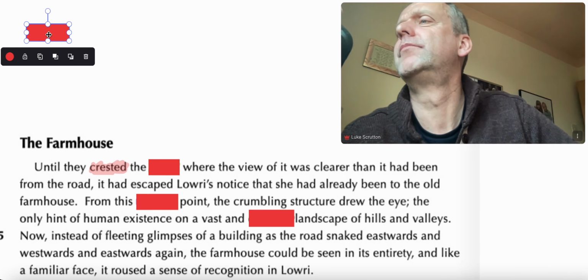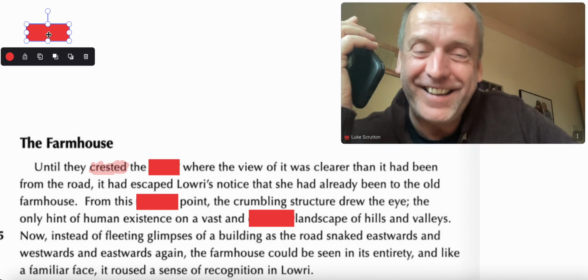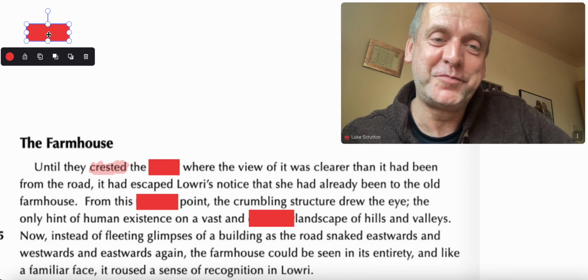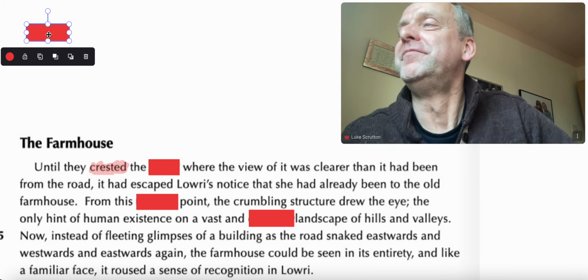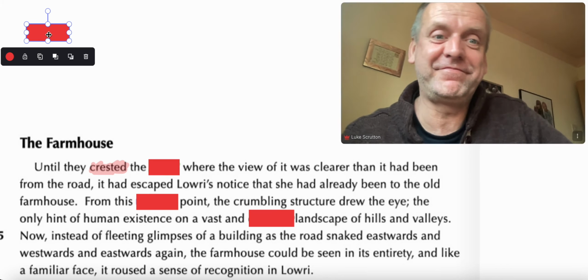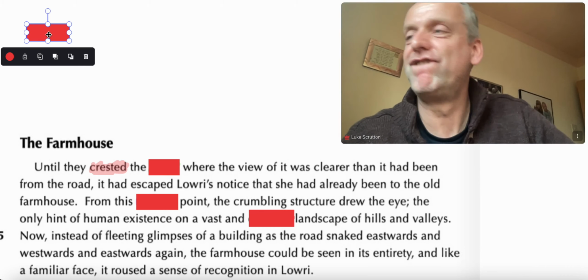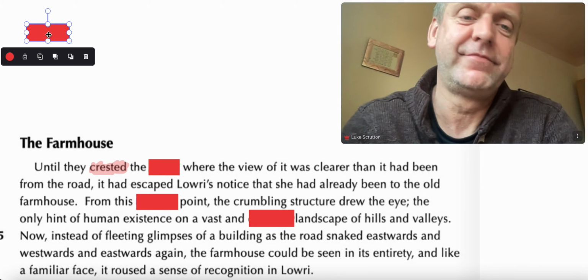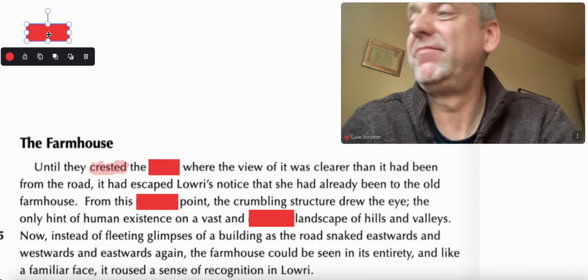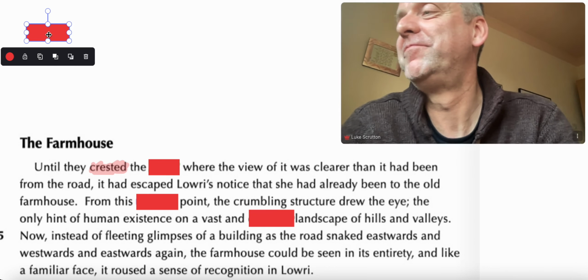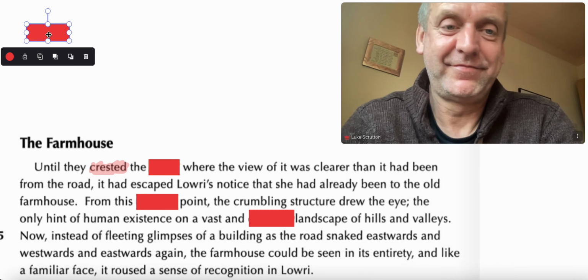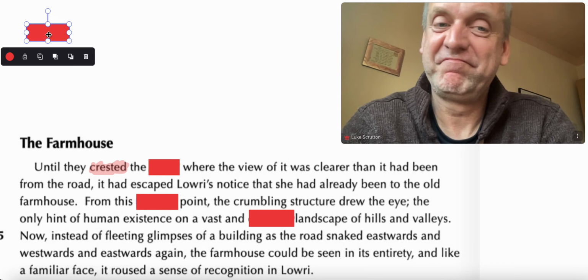Here's what I found. What's the meaning of crested? Crested means of a bird or other animal having a comb or tuft of feathers, fur, or skin on the head. Do you want to hear the next one? Yes. It means emblazoned with a coat of arms or other emblem. Not that one either. Want to hear the next one? Yes. As a noun, it means a comb or tuft of feathers, fur, or skin on the head of a bird or other animal. Not that one.